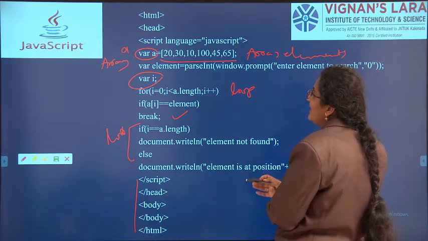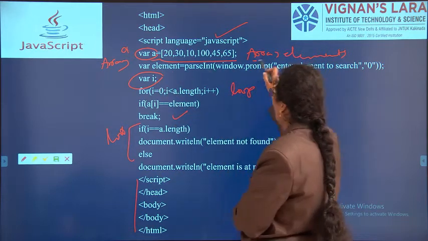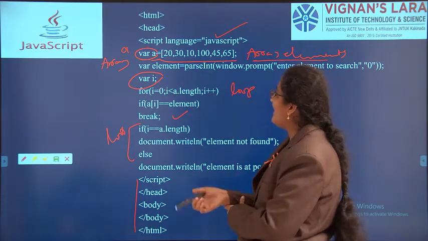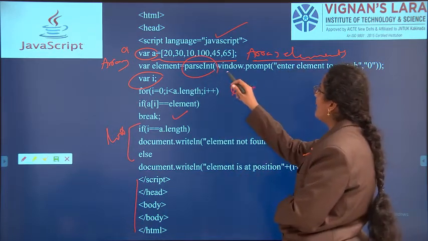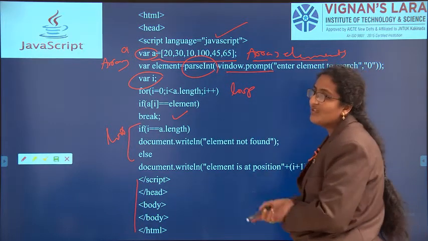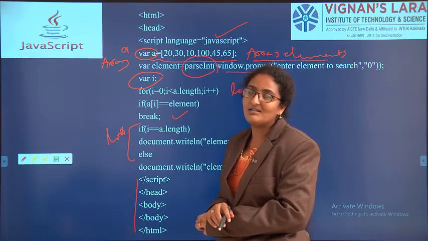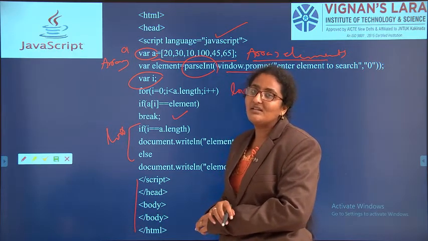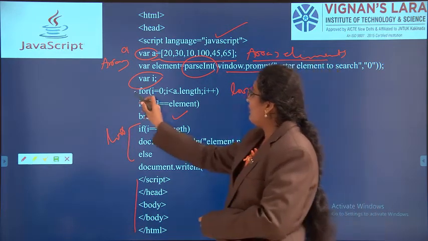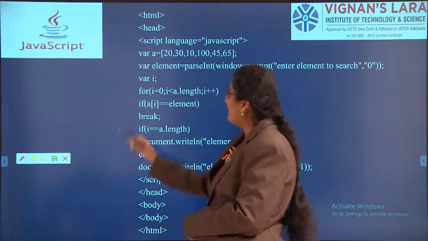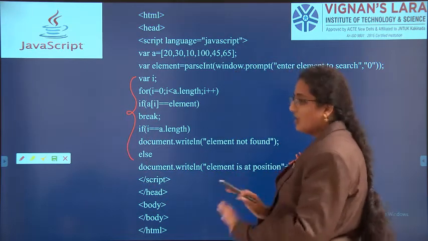What are we doing newly here? Language decided as JavaScript, created the array as A and the array elements we have given. I want all the array elements to be integers, so I have taken parseInt. I want to give the input from the keyboard, so I am using window.prompt. These new things you have to understand here. C program also same, Java program also same, but in JavaScript what are the additional things we are learning? That logic for performing linear search is the same, from declaring variable I to the else.